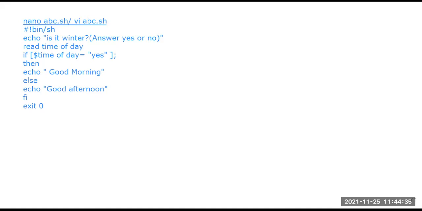So the interrupt in Linux: a process is going on, fine. This interrupt, we can say, is an event.